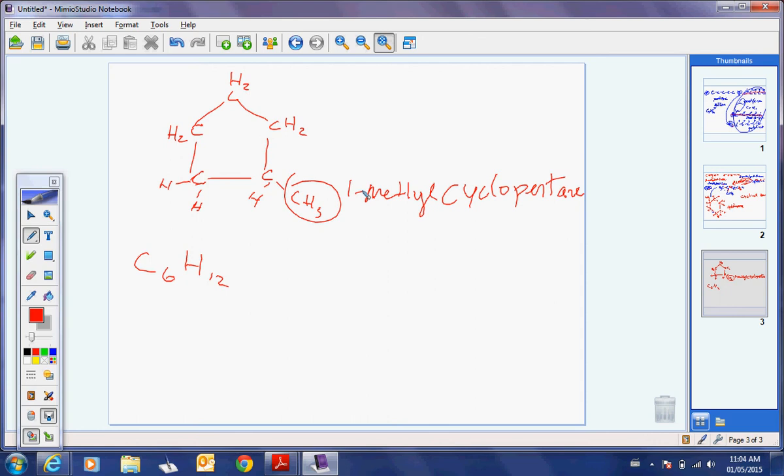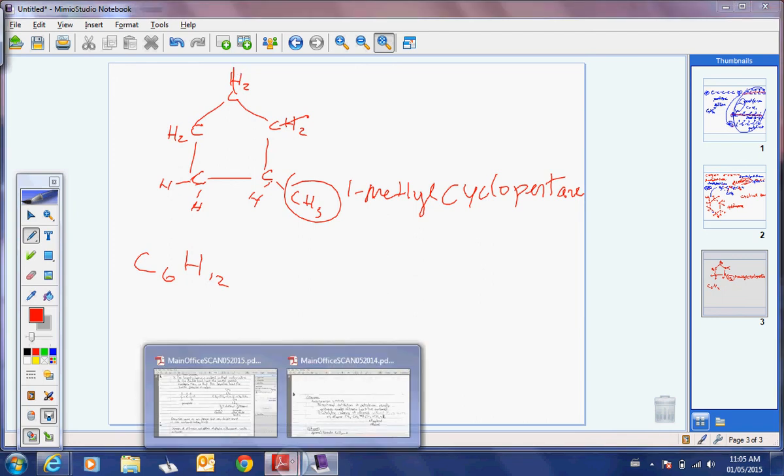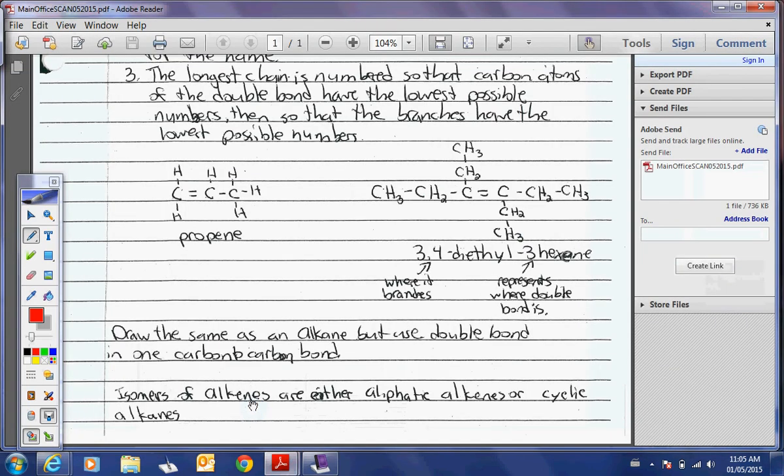What if you have two? You would need it if you had 2, because you'd need to tell me whether they were side by side, or if one's missing. So would you say like 1, 2? Yeah, 1, 2, or 1, 3. Always a 1 though. So I've really pushed you, because not only have we named alkenes today, we've also named cyclo compounds. That's a lot of naming that you've just had thrown at you.